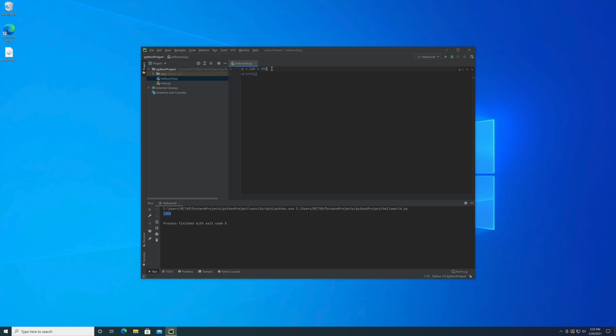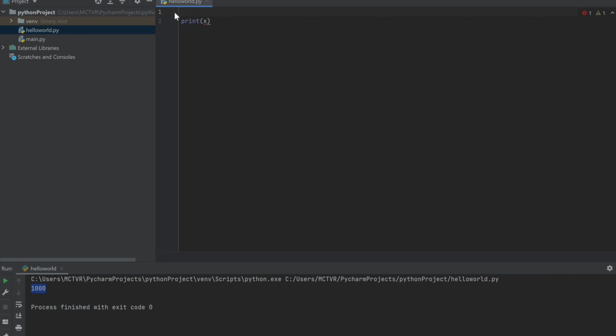And with variable names, if you want to name several words together with a space, that is illegal in Python. For example, if you want to name a variable hello world, you can definitely write it together like this, but it's not very good.